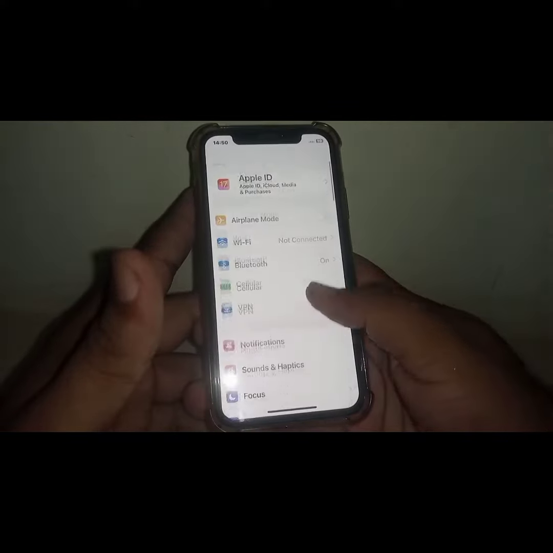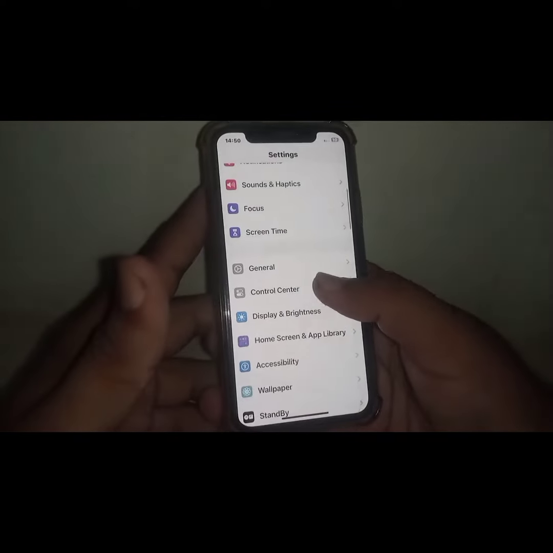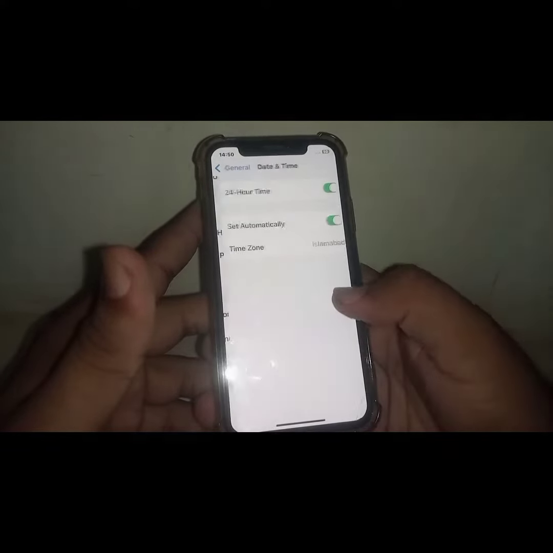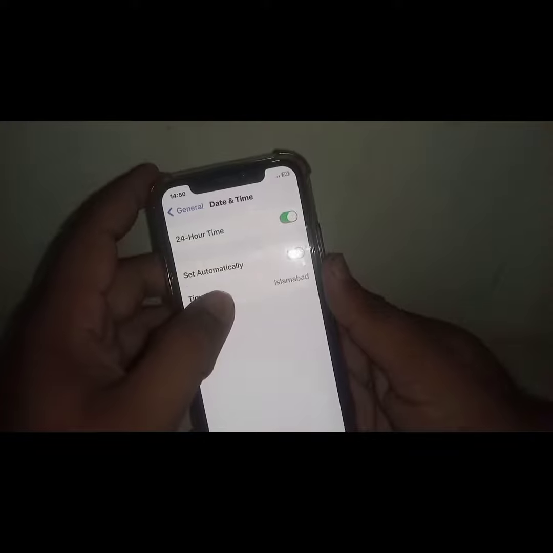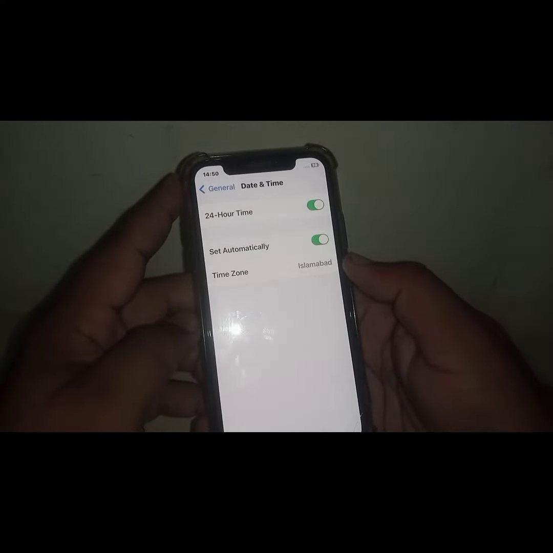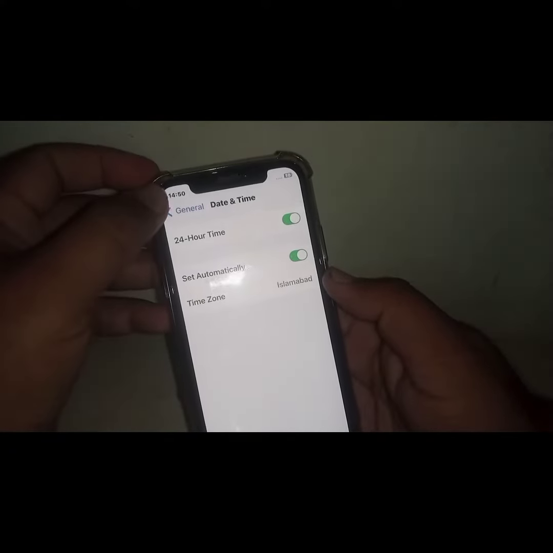If the problem is not fixed, then scroll down and click on General, and from here click on Date and Time and make sure that the toggle is turned on. If the toggle is turned off, what you need to do is turn on the toggle and make sure that you select the correct date and time. After that, go back